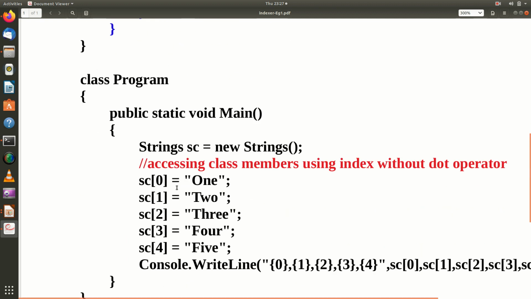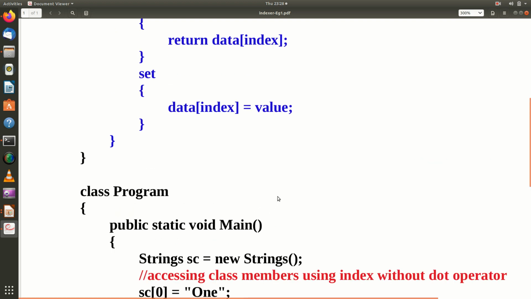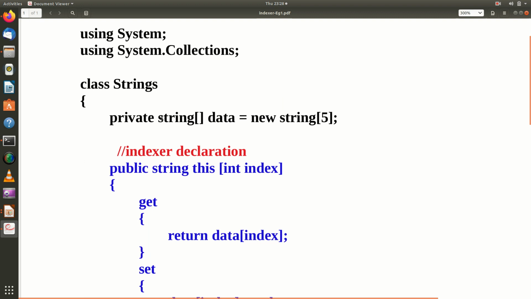Then I have a main program. In the main program, I am creating an object of strings and I am accessing the data members using the index. I repeat here. I am declaring a data member which is a string array. Here say for example, if I want to access an element of this particular array,